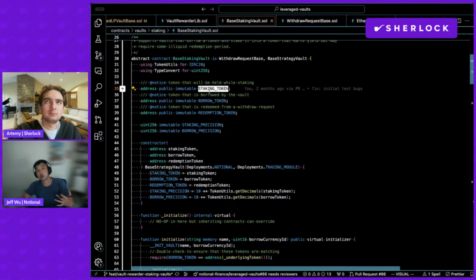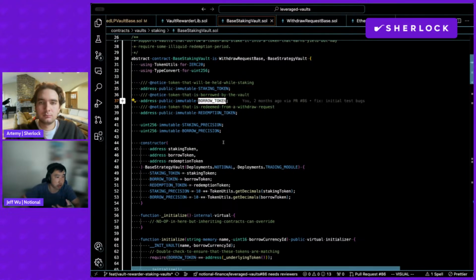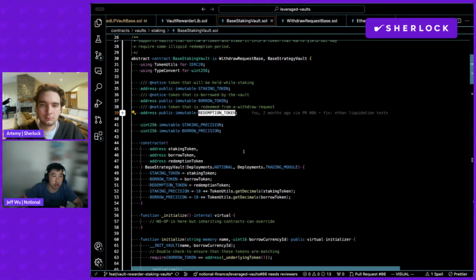The base staking vault is defined by the staking token. In the case of an EtherFi vault, this is going to be the wrapped EtherFi token. In the case of a Pendle PT vault, this is going to be the PT token. The borrow token is the token you're borrowing from Notional in order to enter into this position. And then the redemption token, now this